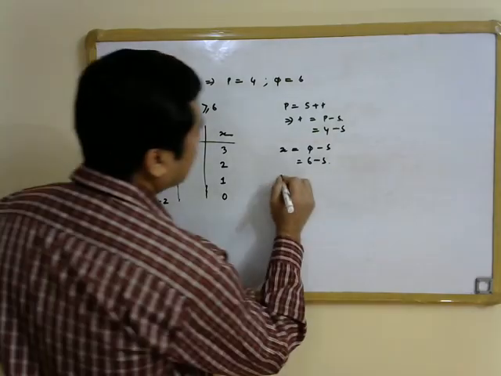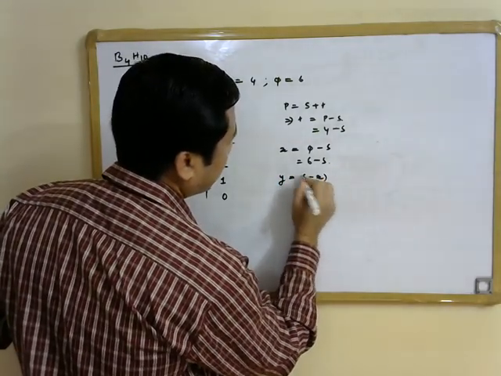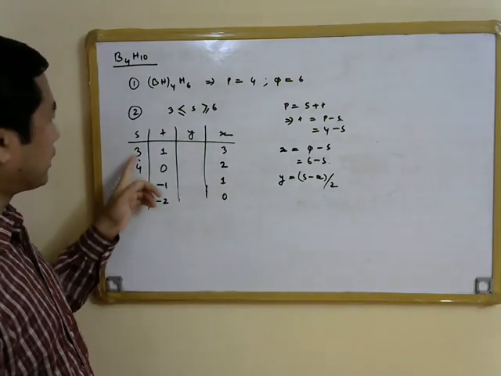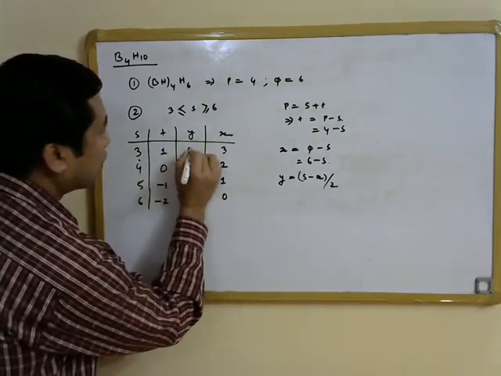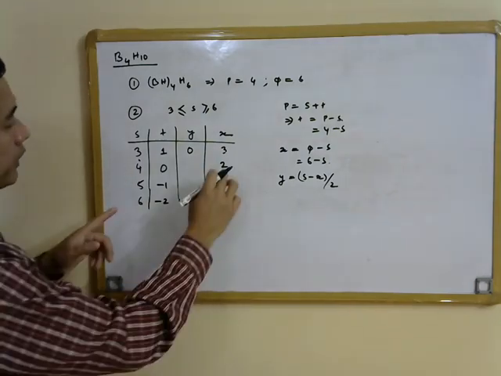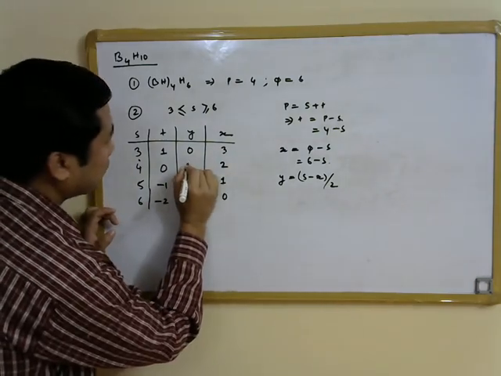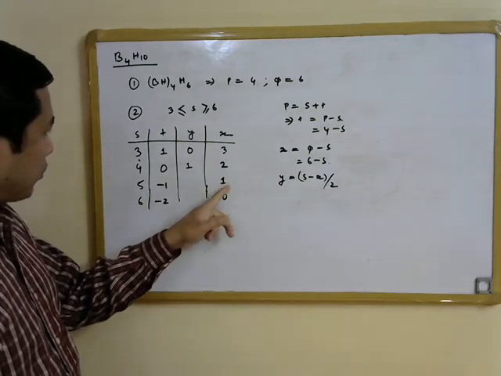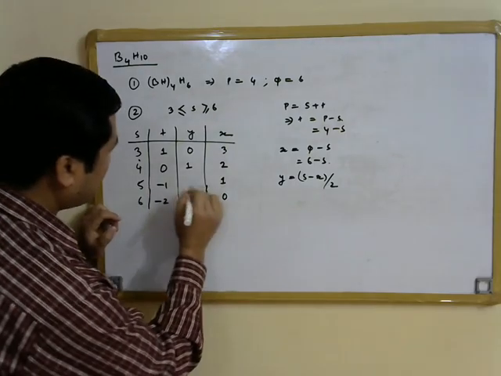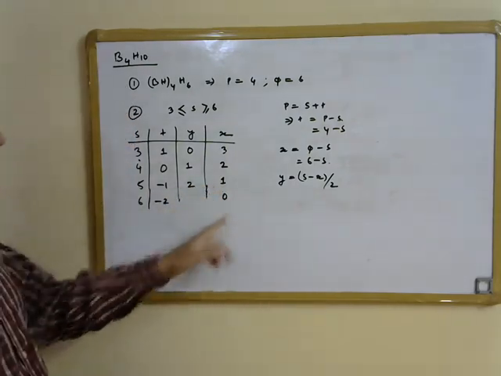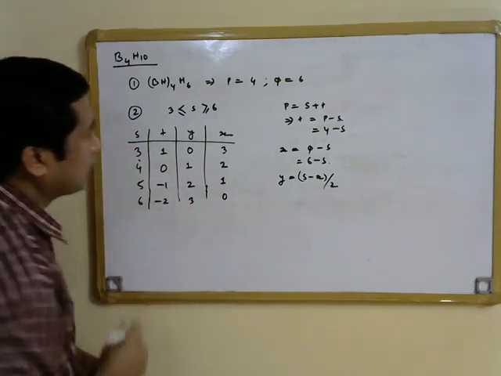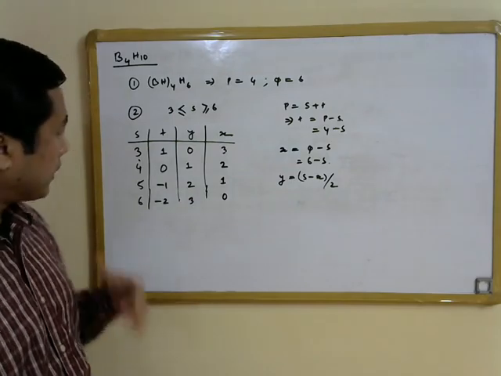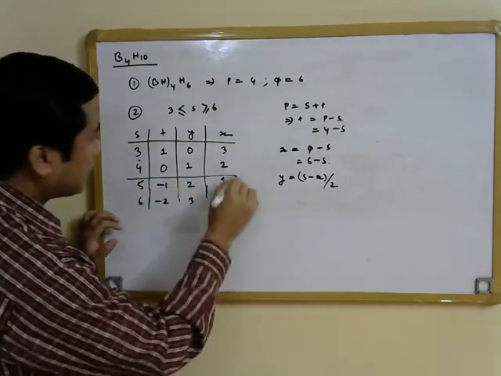And again, the value of Y we obtain from this formula. So S minus X divided by 2, 3 minus 3 divided by 2 is going to be equal to 0 here. 4 minus 2 divided by 2 is going to be equal to 1, and 5 minus 1 divided by 2 is going to be equal to 2, and 6 minus 0 divided by 2 is going to be equal to 3. So we have all possible Styx codes for B4H10,